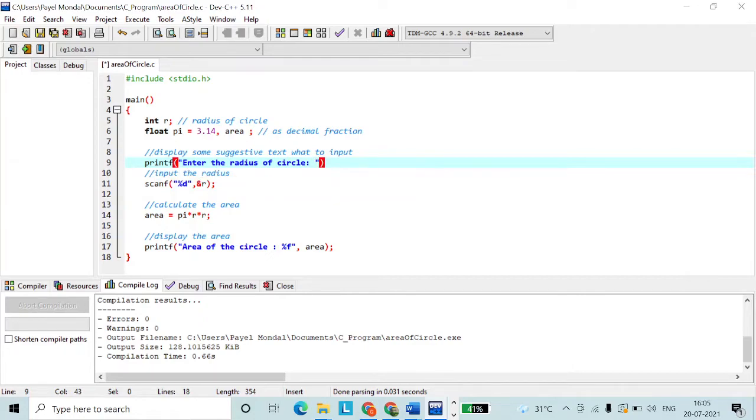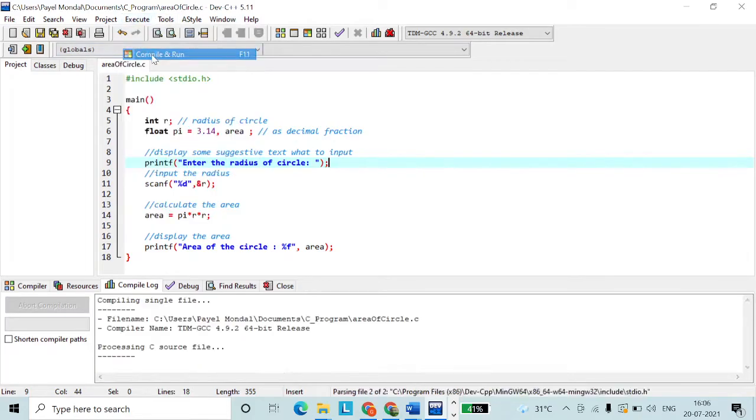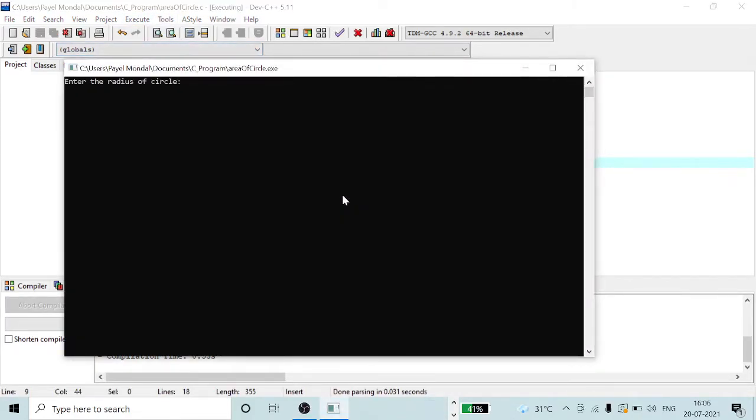Okay, and let us run it again. Execute, compile and run. See, enter the radius of circle. Here you can provide 23.